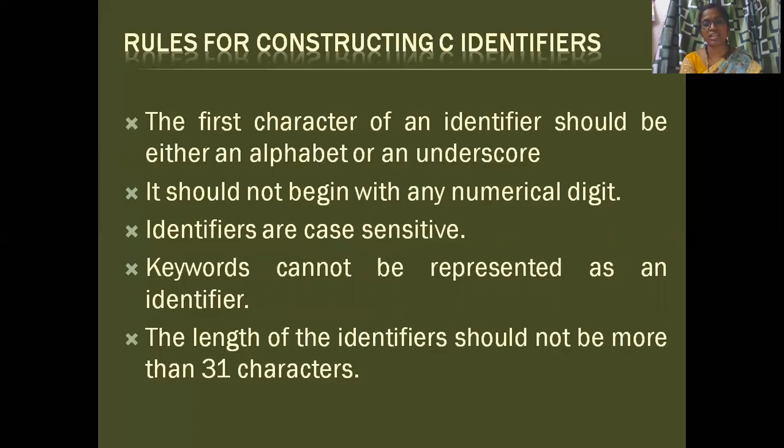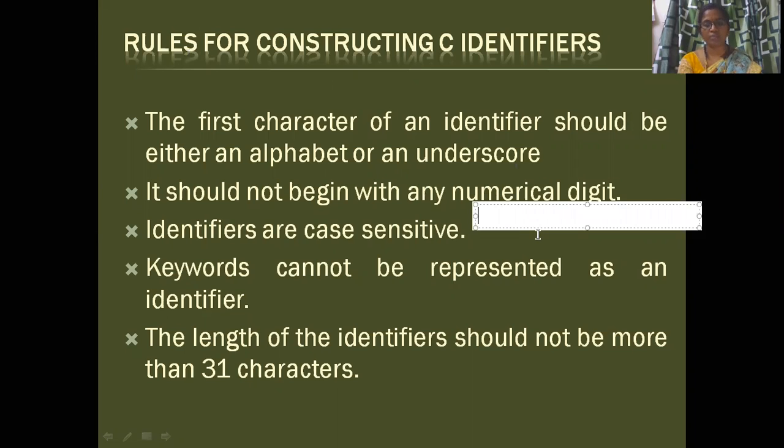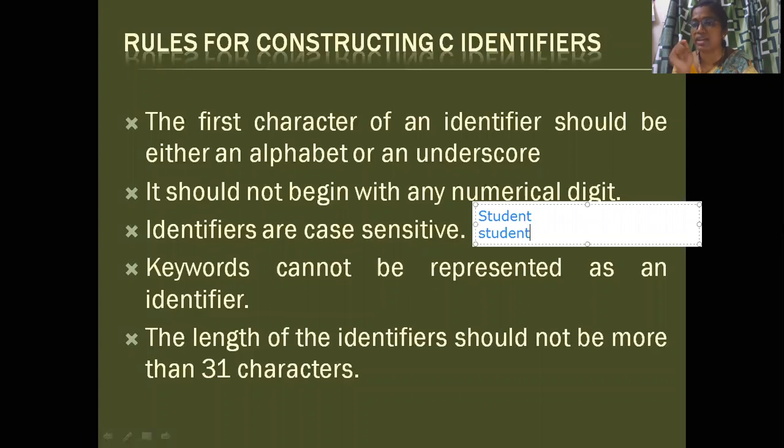Suppose I write an example here. Please remember this for later also. Suppose I write student like this, and then Student with a capital S. They are not equal, because in the first one I have written capital S, whereas in the second one I have written lowercase s.